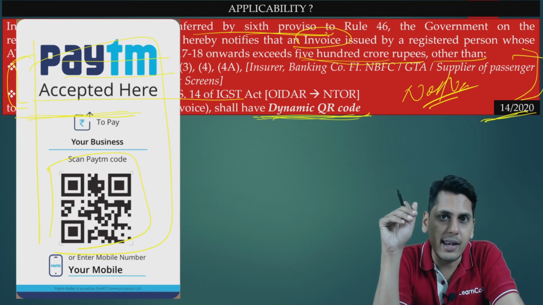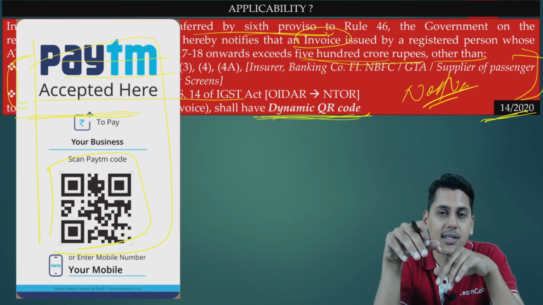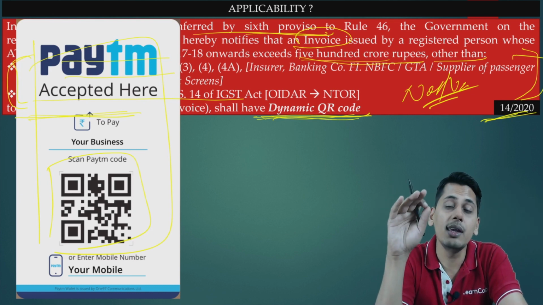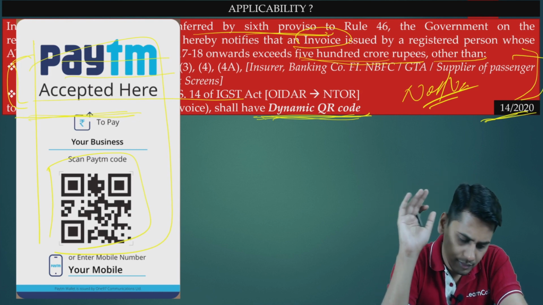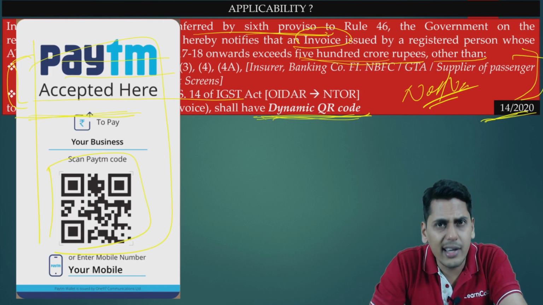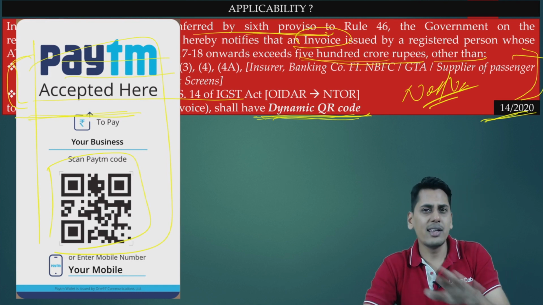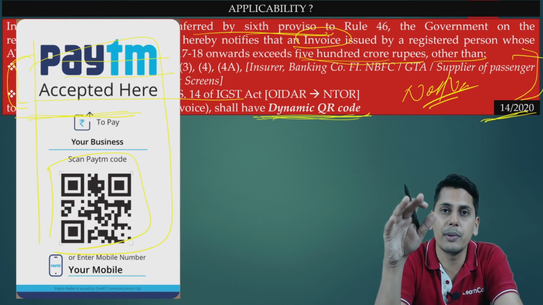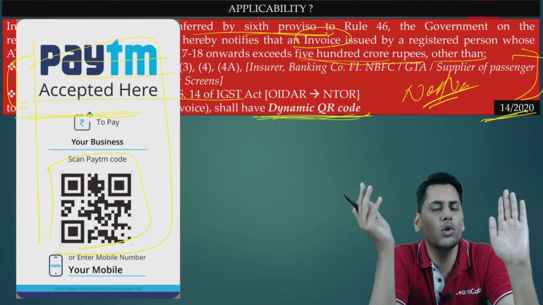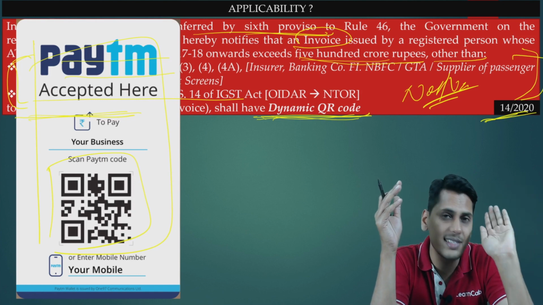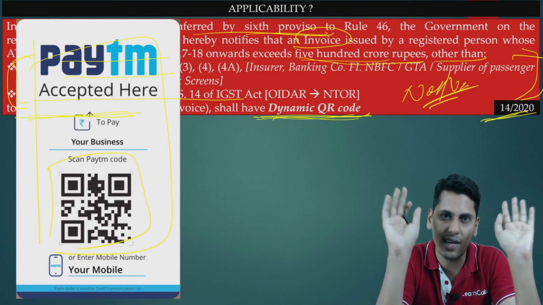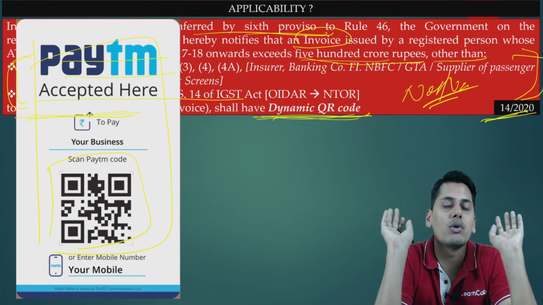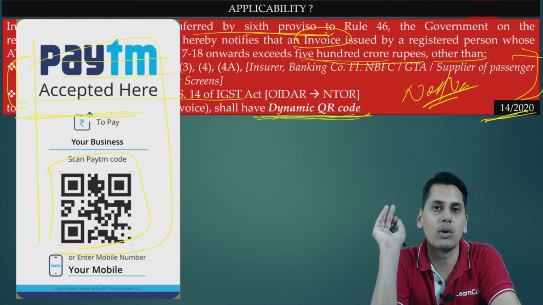What do you mean by a dynamic QR code? A dynamic QR code means the QR code should be unique for an invoice. Is this QR code unique for an invoice, or is it a standard QR code applicable for all the invoices? Let's suppose you go for shopping, your friend goes for shopping, anyone goes for shopping. The QR code is fixed. It is static. Any person is going to scan this. It is going to contain to whom the amount is going to be transferred. You can punch in the amount and the amount can be transferred to the particular supplier.